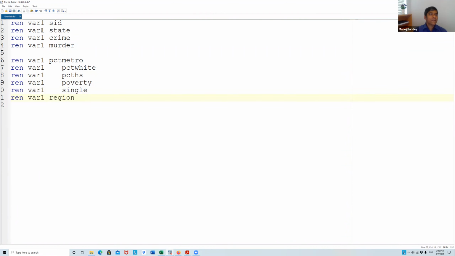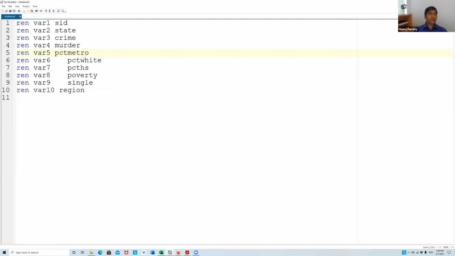Okay. But then this should be variable 2. This is 3, 4, 9, and 10. Now, when I run this, because we already have changed this one, we don't need to run it.